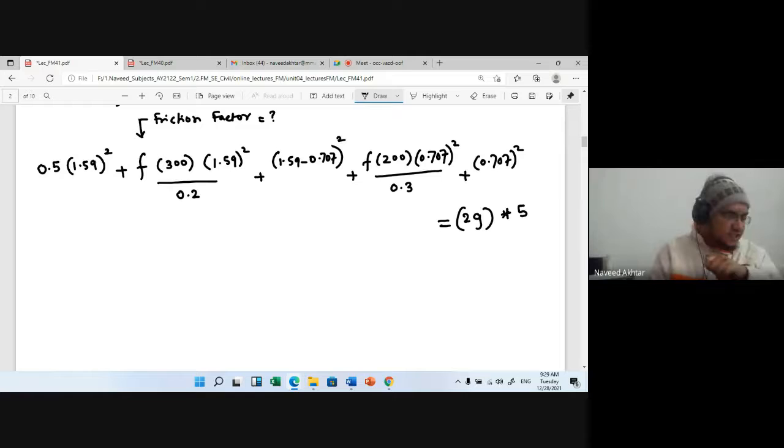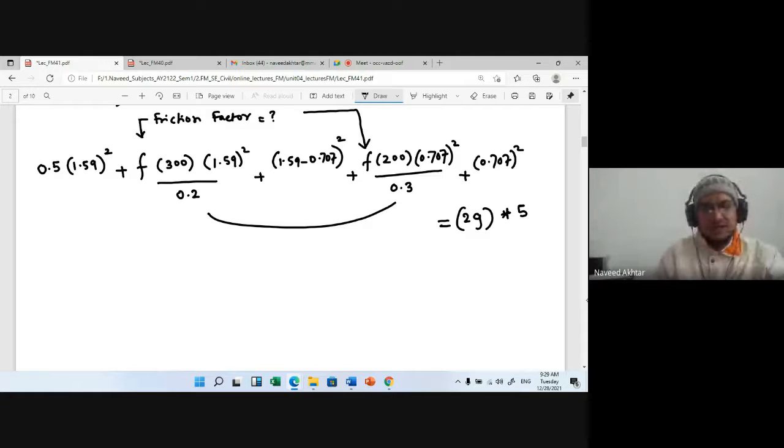Now solve this. After solving this, you get the friction factor term in two equations. We will put both at one side and all the values on the other side, and g is nothing but 9.81 meter per second square. You know this, so the value of g you should put there. So after finding out, the friction factor will be f is equal to